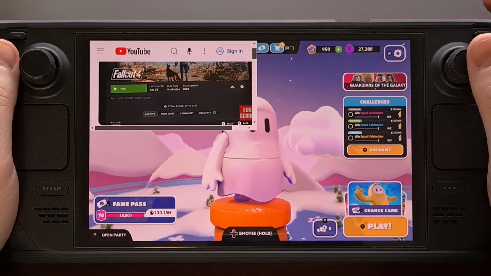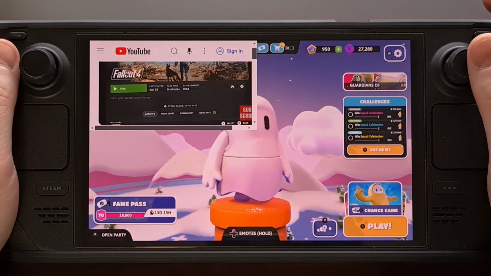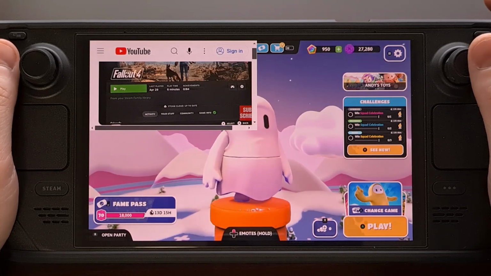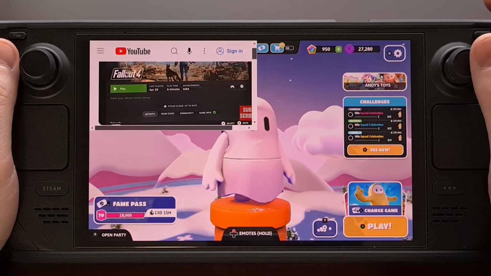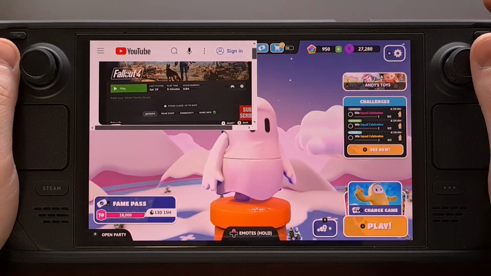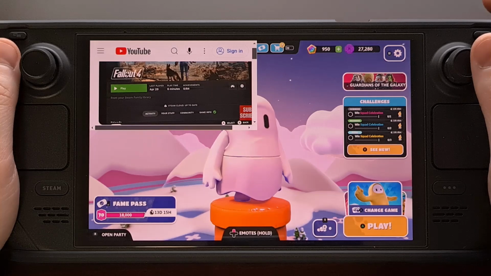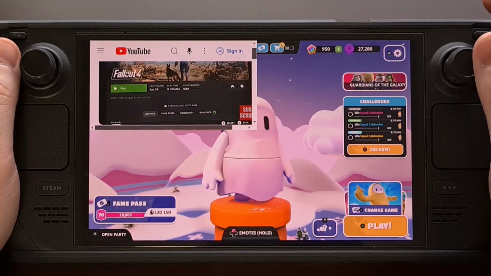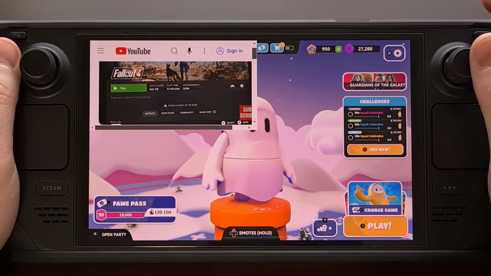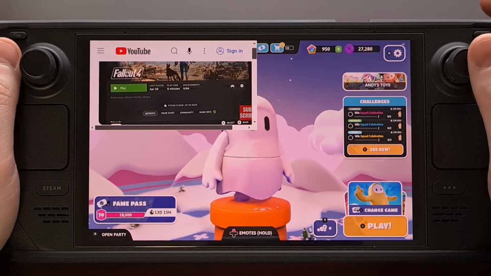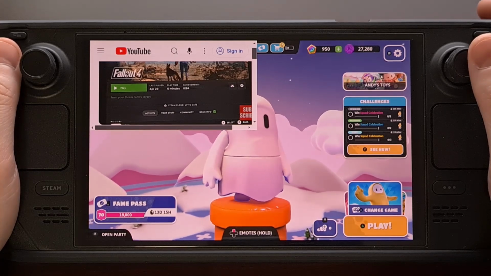I have personally done this on my PC many times so that I can half pay attention to something while grinding out some levels in a game. There are also times when you may want to keep a map up on the screen while navigating through a specific game. Whatever the use case, I can definitely understand the desire to set this up on your Steam Deck,